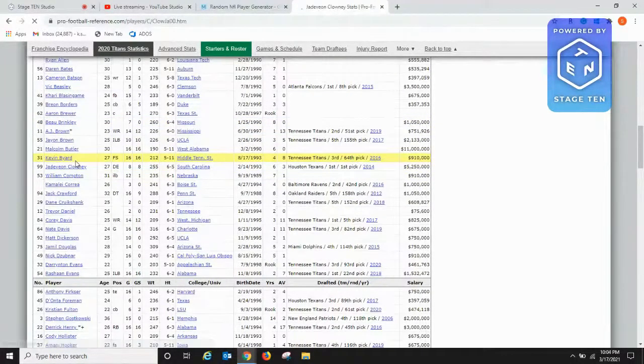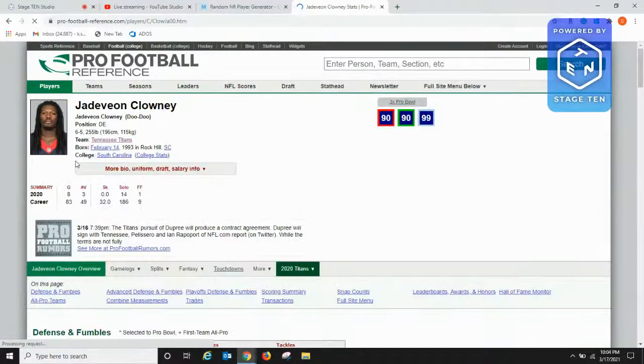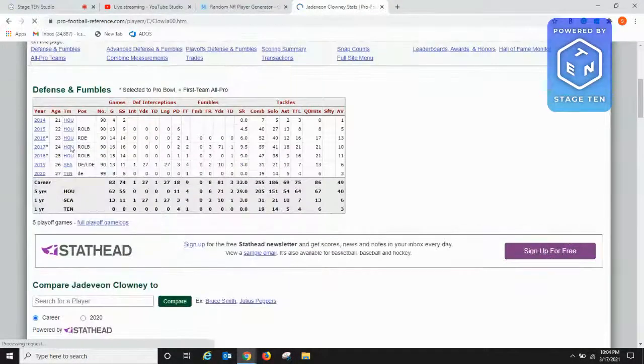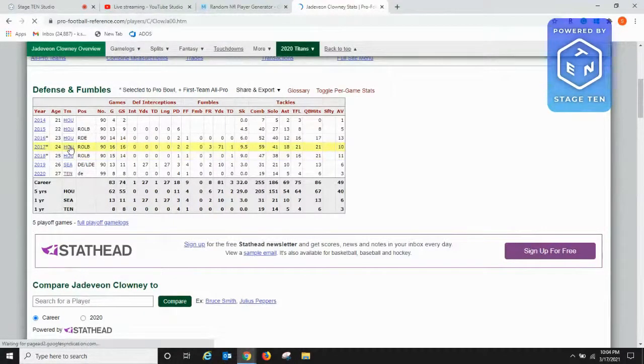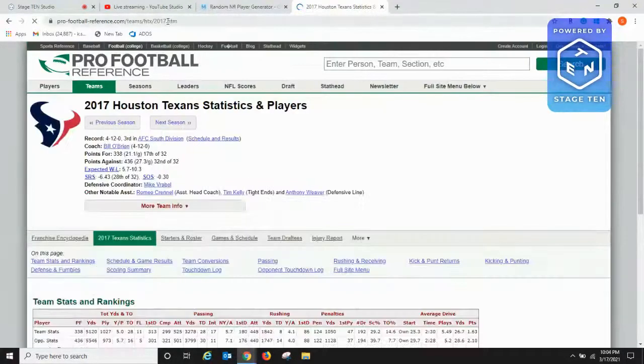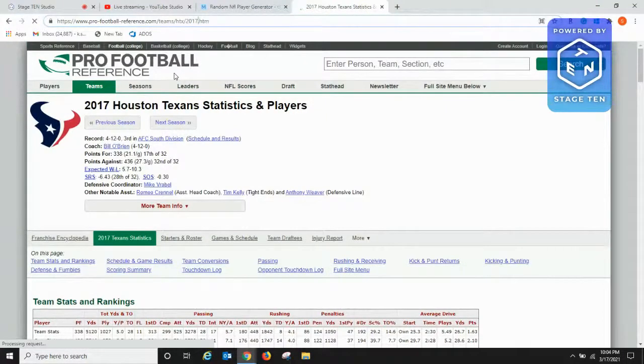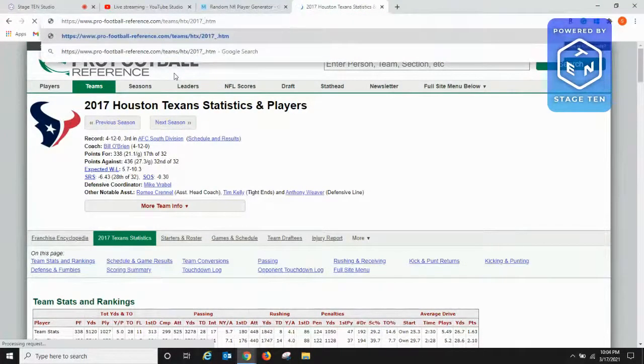Jadeveon Clowney, he's played on the Texans. You know who's also on the Texans? DeAndre Hopkins, and he's on the Cards right now. So I got to go to Houston back when DeAndre was there, so like 2017, and go to their roster. I already know who I'm going to look for, but